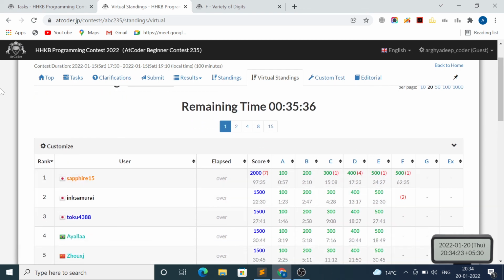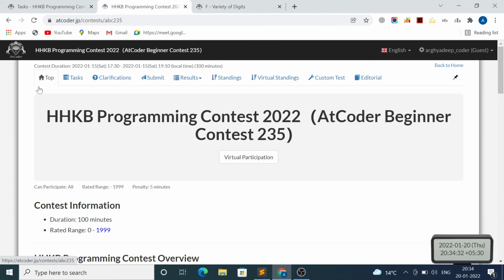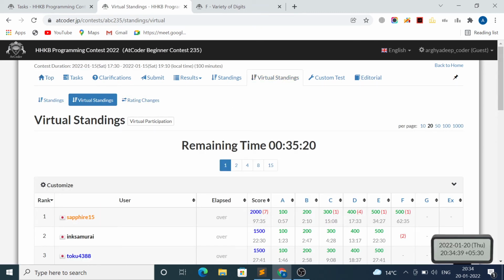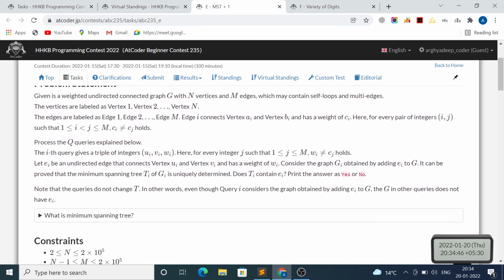Only one will solve F, so I think I should not try F. And how many minutes are left in this contest? How can I check my time? Okay, remaining time 35. What am I doing wrong here? So is my total logic incorrect? Does Ti contain Ei? If the current maxi